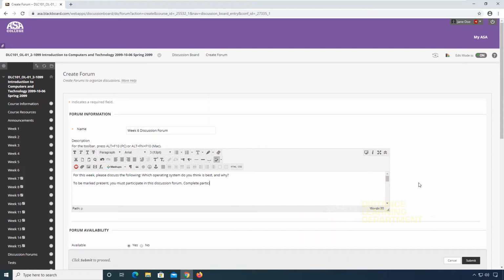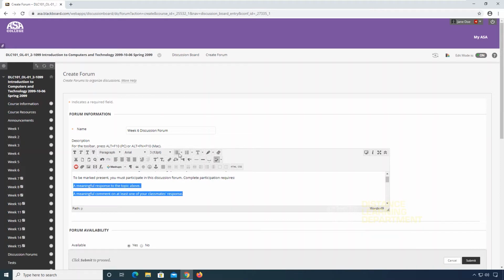Complete participation requires, and I can put here a response, a meaningful response to the topic above, and a meaningful comment on at least one of your classmates' responses. Okay, so let's say that's the basis for my attendance,